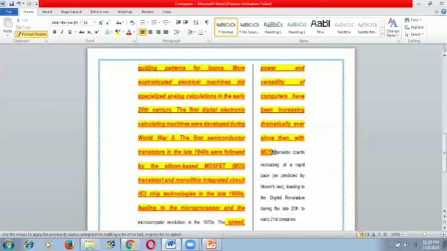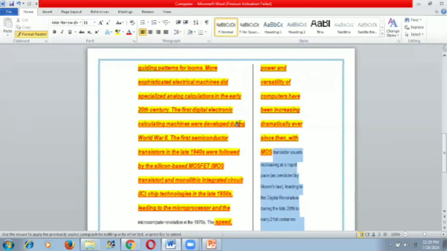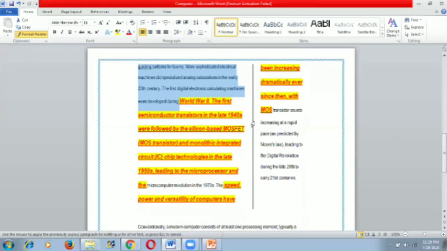Now if you want to select like this, and now you want to apply on this. So first of all, we copy the formatting of this text, and then again I select the other text so that the formatting of this text is directly copied onto this text.